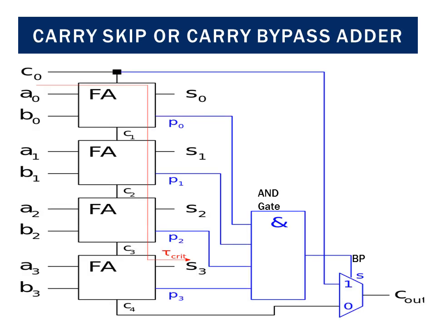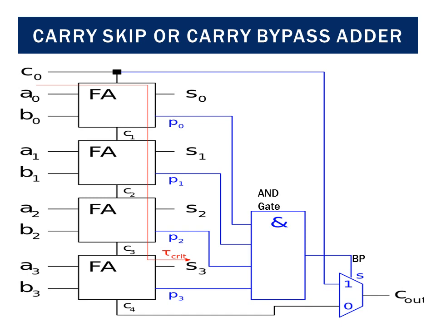Carry skip adder, which is also known as a carry bypass adder, is an adder implementation which improves on the delay of a ripple carry adder with little effort compared to the other types of adder. You will find this improvement significant in worst case delay, which is achieved by using several carry skip adders to form the block carry skip adders. That means this is one block we are showing. Whenever you are cascading several such blocks, that time you will find this reduction in the delay significant.